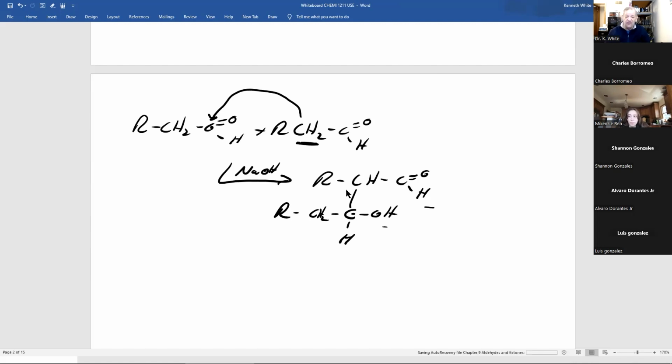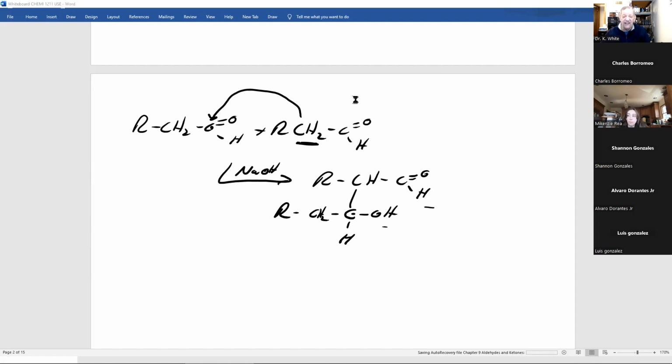Now you can do it with ketones too, but that's a little more complex. We'll do a lab on that, but not now. All right, so the key is,